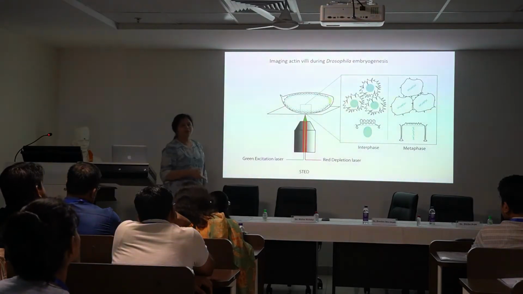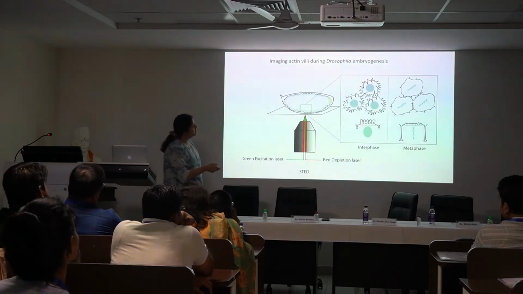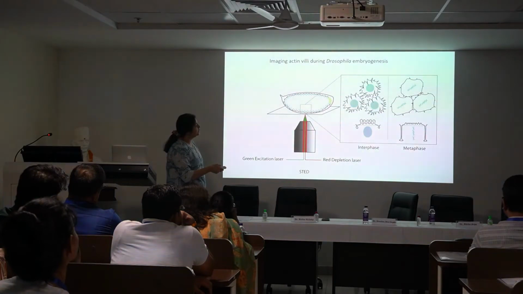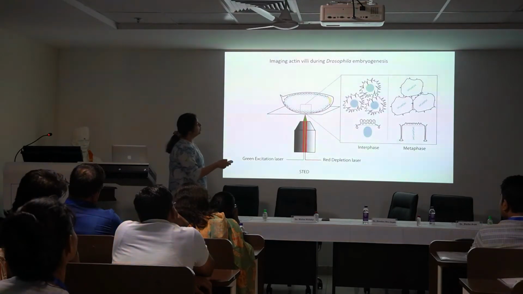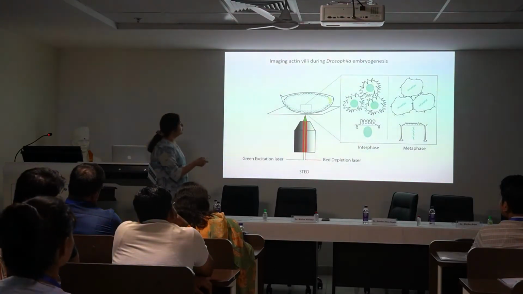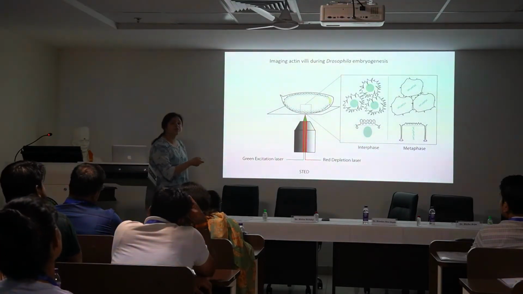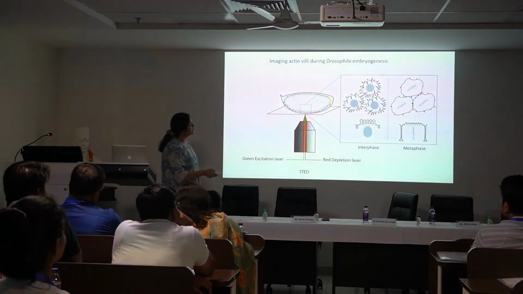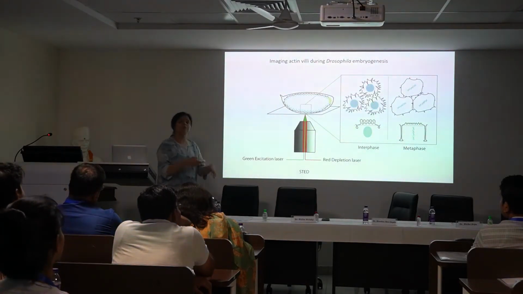And these are villi. Villi are present in a lot of different kinds of cells. They increase the surface area of the plasma membrane, and they allow for more effective communication between the cells and the outside environment. What we also see is that this is a stage at which the number of nuclei is multiplying again and again. They are going through the cell cycle, or syncytial division cycles, and there is cycling taking place between interphase and metaphase. And what we know, through very old experiments, through scanning EM experiments, is that